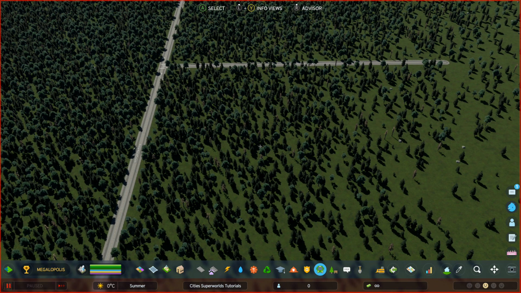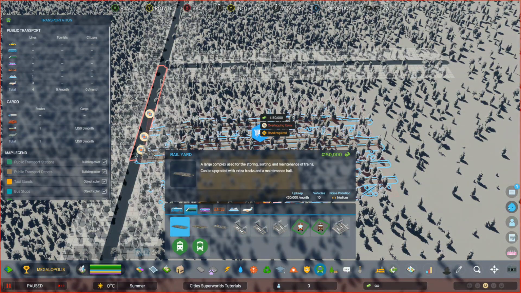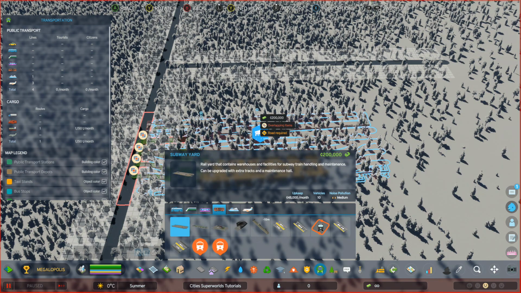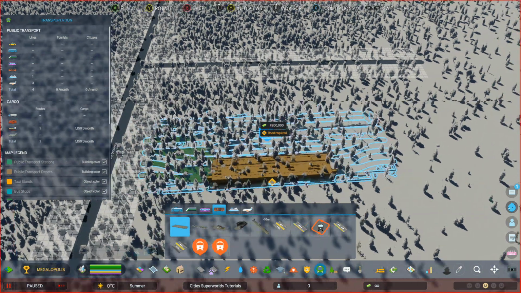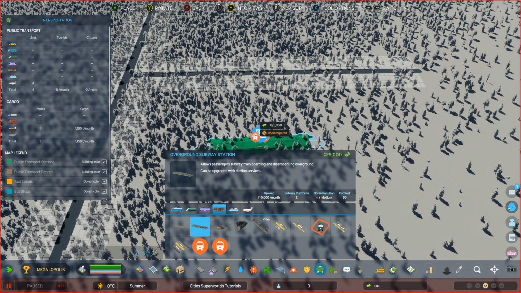So in this tutorial, we're going to create an underground subway. First, the transportation tab will need to be selected, in the Cities: Skylines toolbar. Then if you move across your different options, there are quite a few different options for subway. The subway option is the one you need to select,